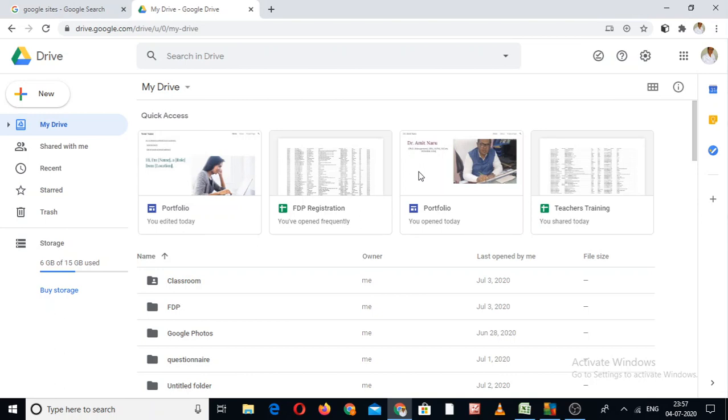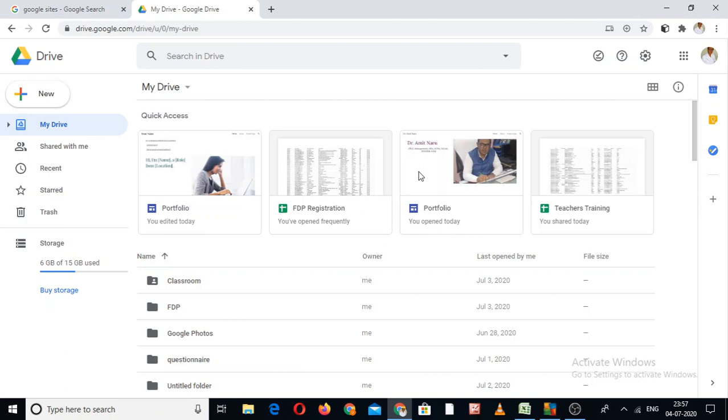Very simple. We as a teacher or faculty, either at college level or university level, as a tutor, as an FDP convener, need to create a page, and the main benefit is that this page can be converted into a small link. You can forward this link to anybody as per the requirement, and when the person clicks on the link, your page will open.